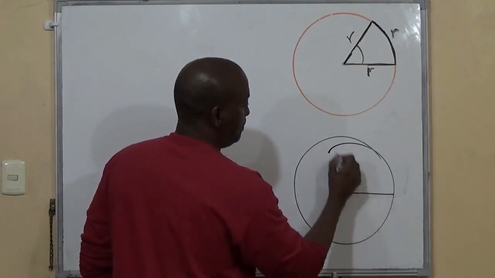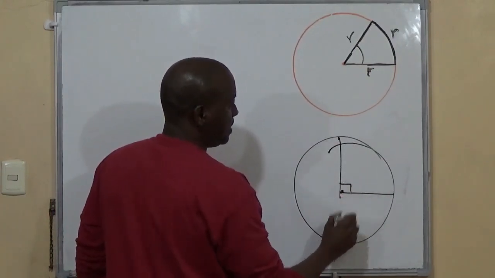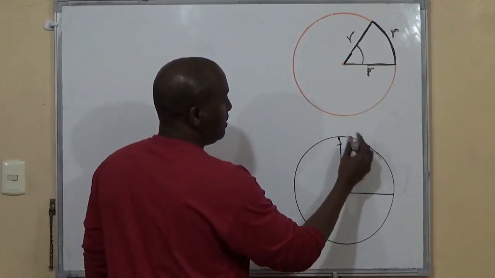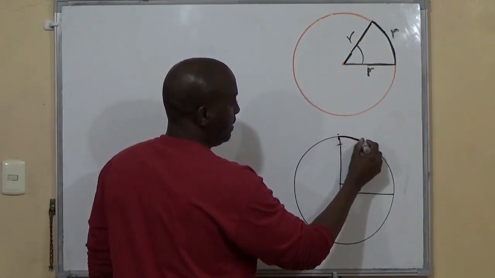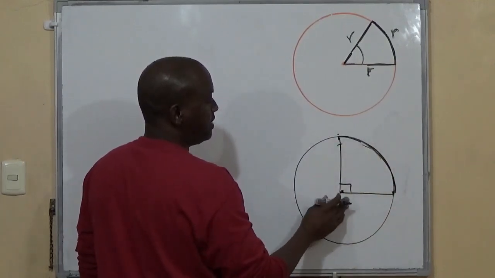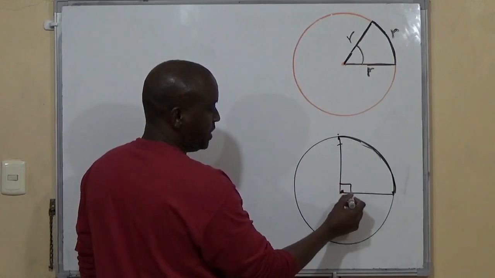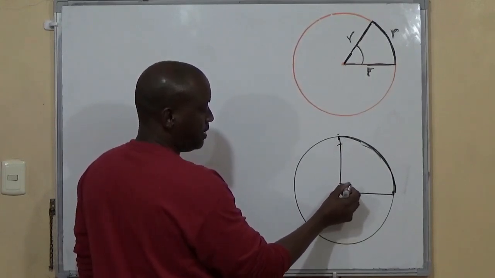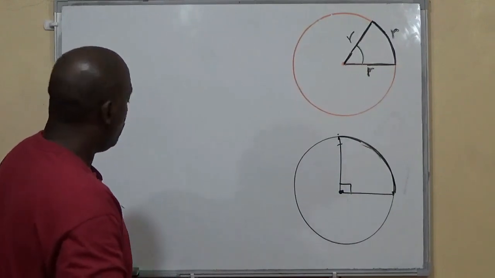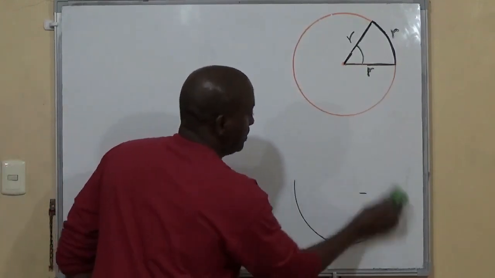Right? Boom. We know that that's a quarter of a circle in degrees. It means then that the length of this arc is 1/4 of the circumference, in the same way that the amount of degrees you have at the center is 1/4 of all of the degrees in the circle. So in other words, whatever the size of your arc,